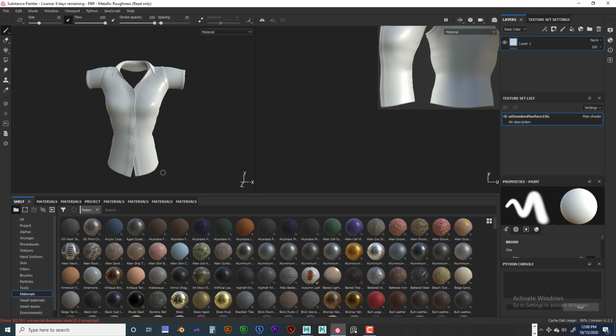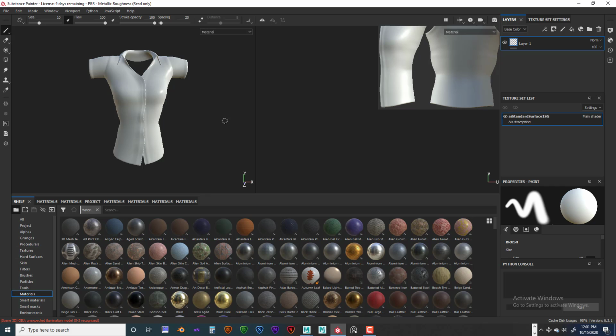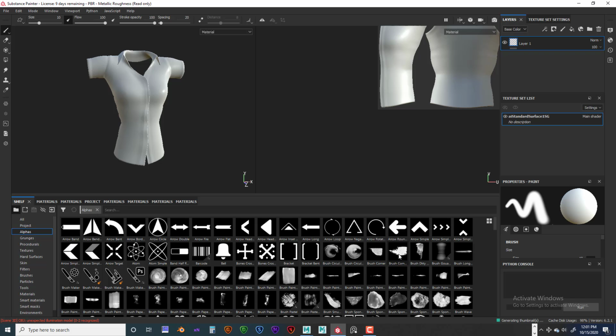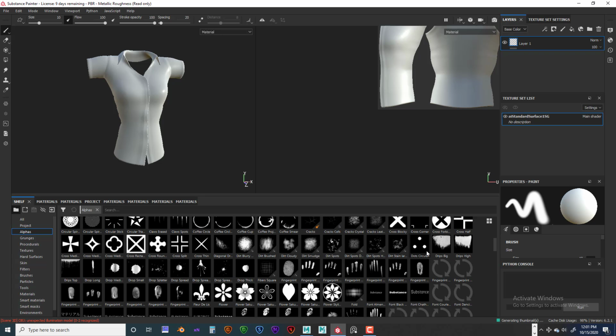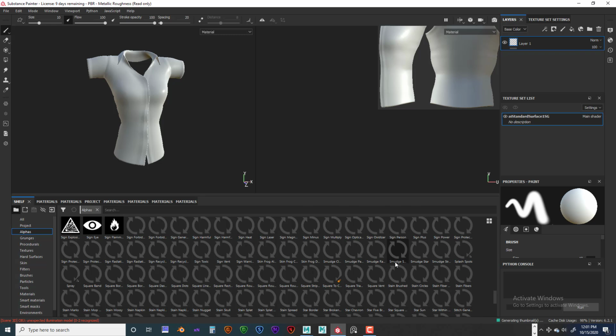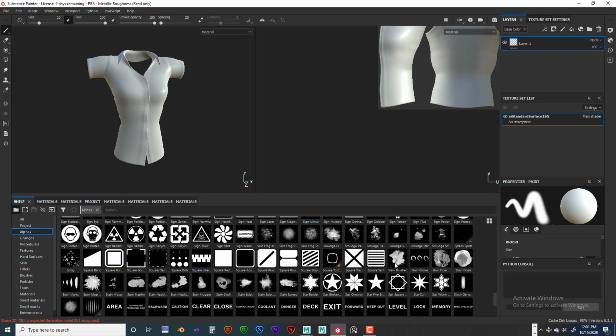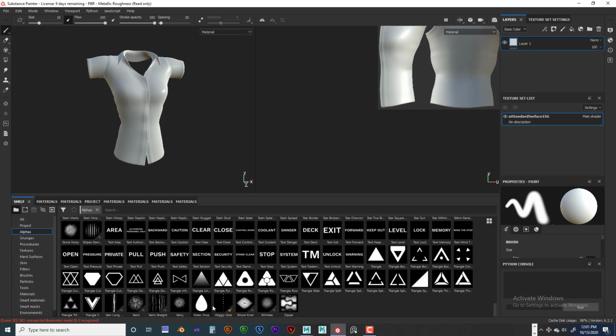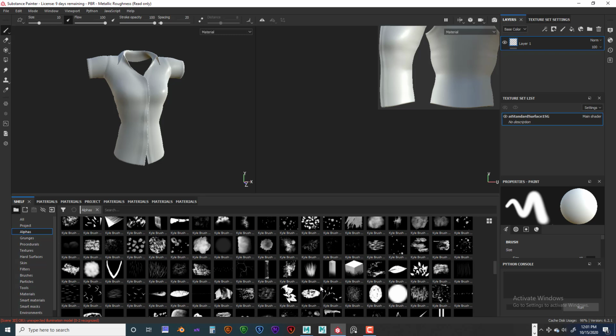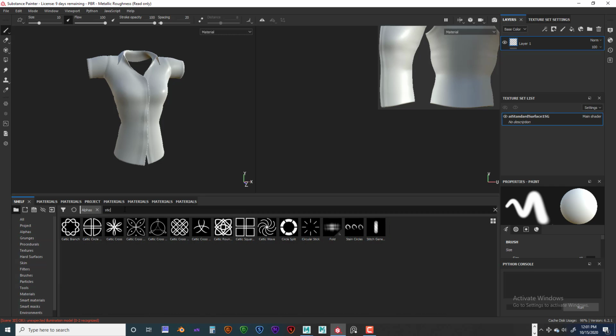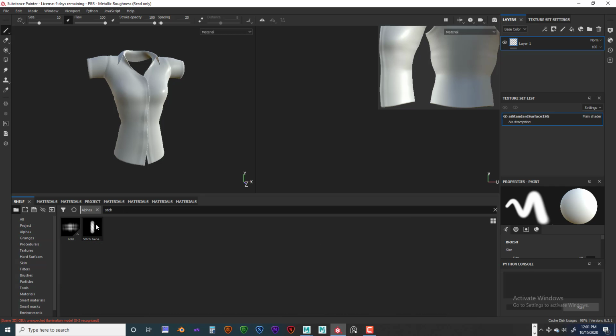Now this is ready for you to add textures to it or sculpt on it. You can use alpha maps, right? So watch those videos that I have. If you go in there, you've got alpha maps that you can add detail with, and you can import your own alpha maps into the alpha maps folder here. It comes with a lot of cool stuff you can even play with. You might find some stitching in here. You might want to type in a search like stitching. Stitch, let's see if that comes up. Yep, stitch generator,